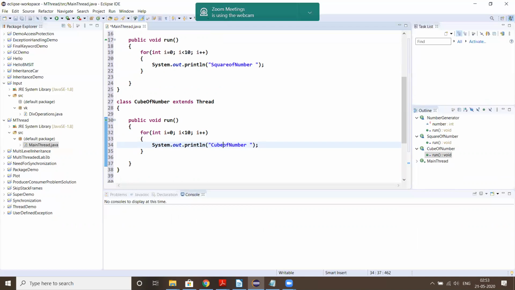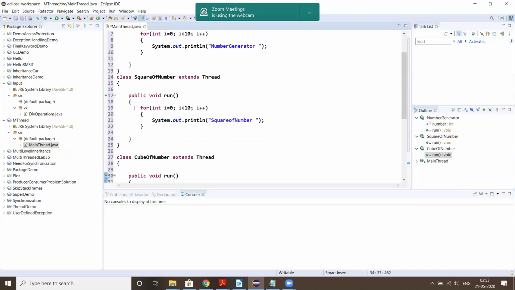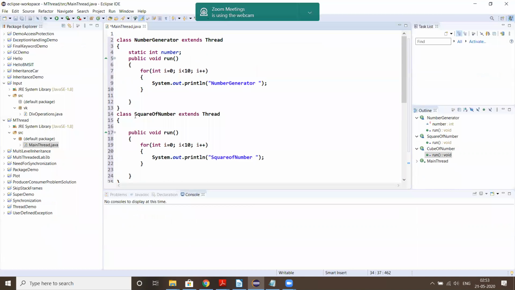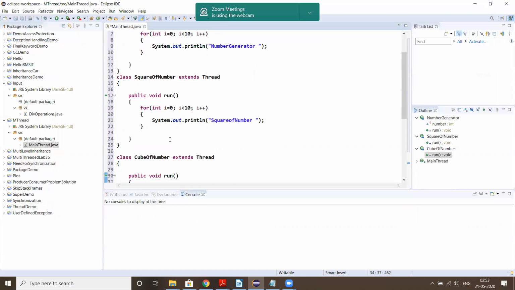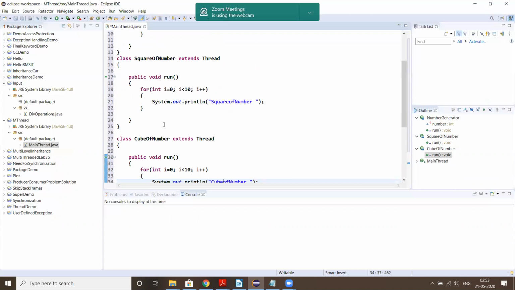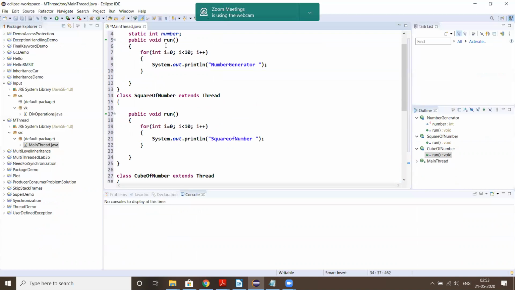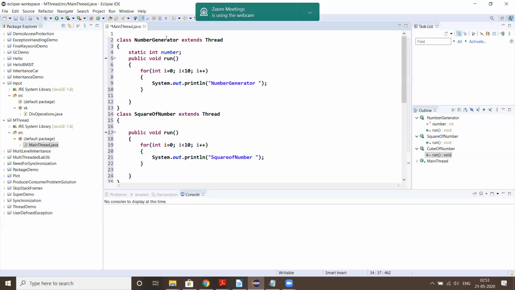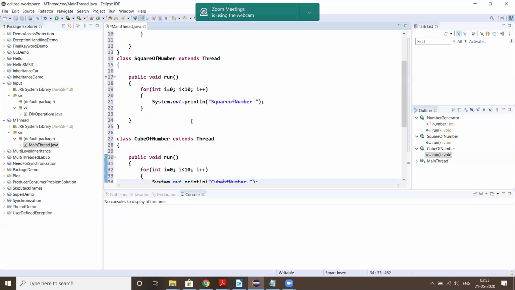So we have three classes: number generator, square of a number, and cube of number. Each class has a run method which will get executed when a thread is created.